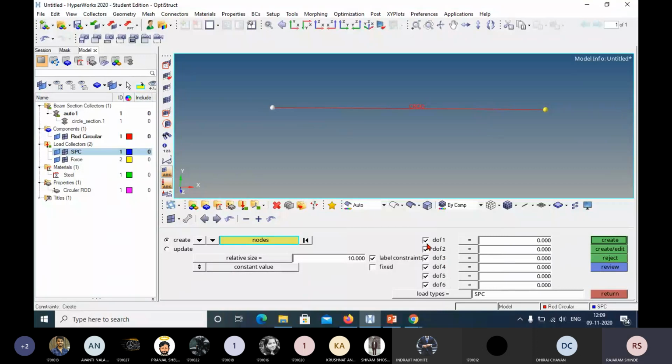I select all these degrees of freedom and put zero values, because there is no translation or rotation of this node.